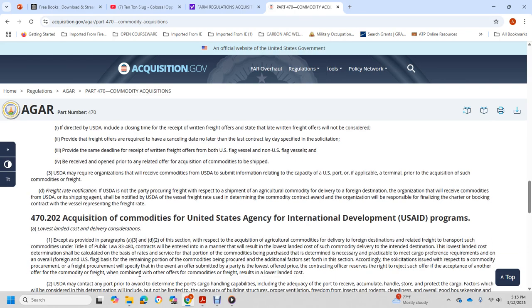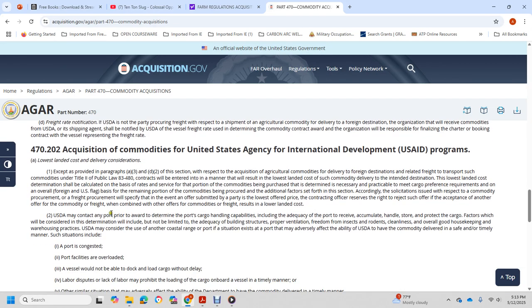Alright, 470.202, Acquisition of commodities for the United States Agency for International Development (USAID) programs, lowest landed cost of delivery consideration. Except as provided in paragraphs (a)(3) and (d)(2) of this section, the acquisition of agricultural commodity delivered to a foreign destination, related to the freight transport of the commodities under Title II of Public Law 83-480, the contract into the demand shall result in the lowest landed cost of the commodity